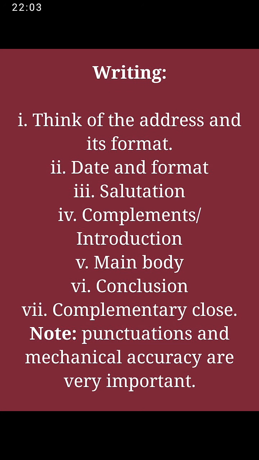Now, number 7, which is the last one, is the complimentary close. This is where you write yours faithfully or yours sincerely, but for an informal letter, it is always yours sincerely. Always yours sincerely. You put a comma, and then the next thing, on the next line, is your first name. Surname is not allowed. Your first name is what you put, no signing. And that will be all for this part of the work.